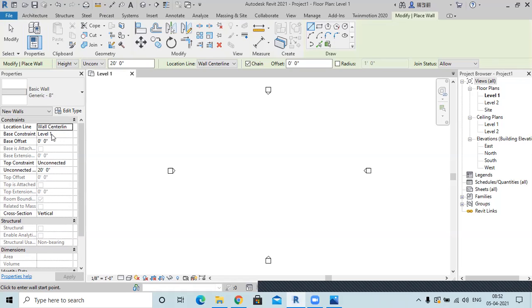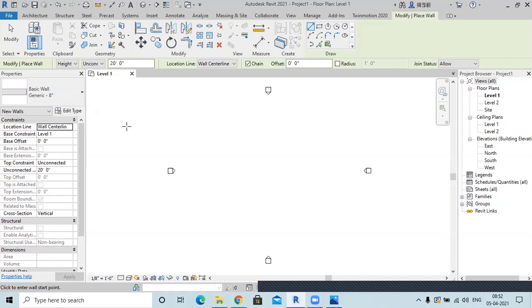Base constraint is Level 1, which is on the ground. Then offset is 0. Offset is how far it is from the base constraint. Then the top constraint is unconnected, and the height is 20 feet. So all these are properties which you can change according to your requirement.